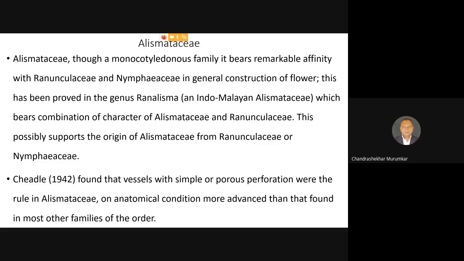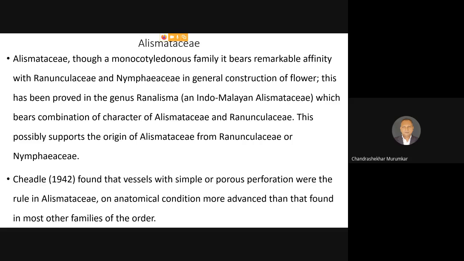There is one more character which we should not forget: in Ranunculaceae, the polycotyledonary condition is seen. That is, the number of cotyledons is more than 2. It will be 2 or 3 or 4, sometimes even 5 in some genera. Whereas in Alismataceae, the number of cotyledons is basically 2, but one is suppressed and one is developed normally. And because of that, at the time of seed formation, the mature seed shows the presence of only one cotyledon, and that's why it has been placed in monocotyledons.